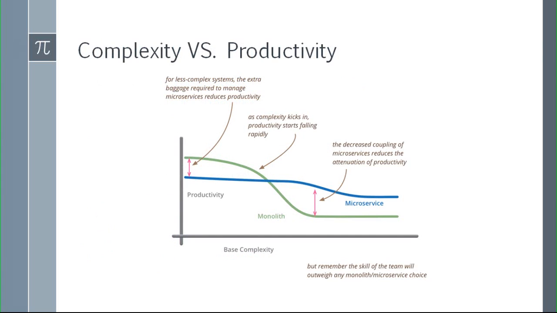And in this slide, you can see that the green curve is a monolithic system evolving over time from low complexity to a very high complexity, and the blue curve is microservices. So this slide simply tells you that when you have a simple system,